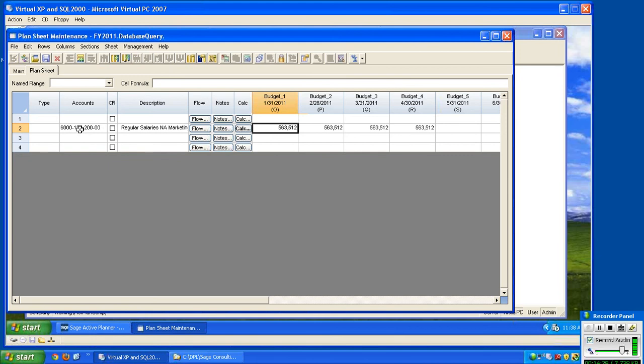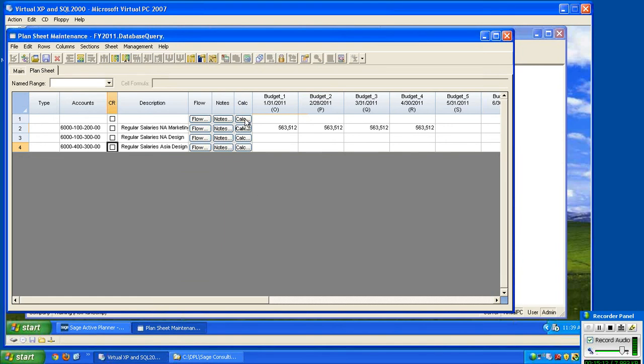The other thing we want to think about, though, is what if I'm doing this for other location department combinations? How would we make an adjustment to our query to allow it to work for that? So one of the things we want to look at is if we had other accounts here, natural account 6,000, but for department 100, location 100, department 300. And if we do the same thing for location 400, department 300,